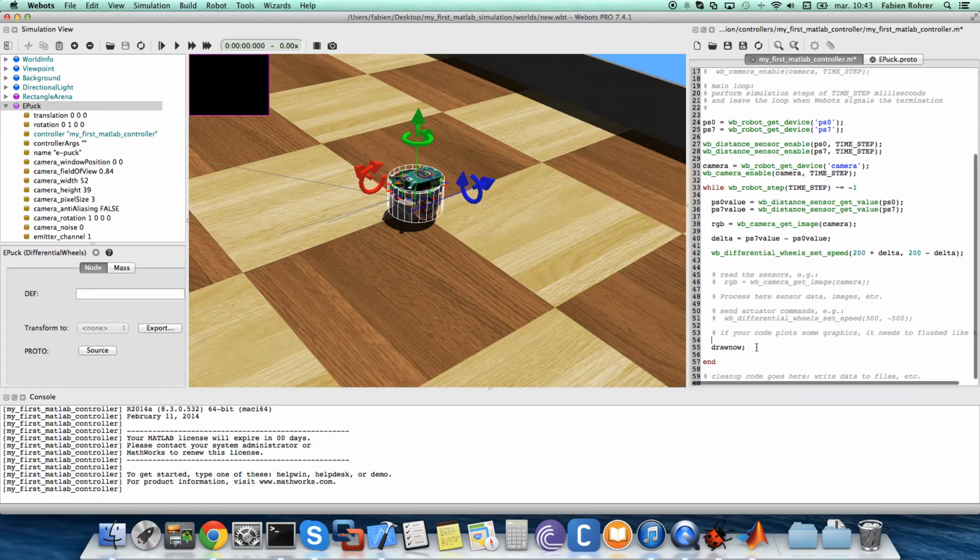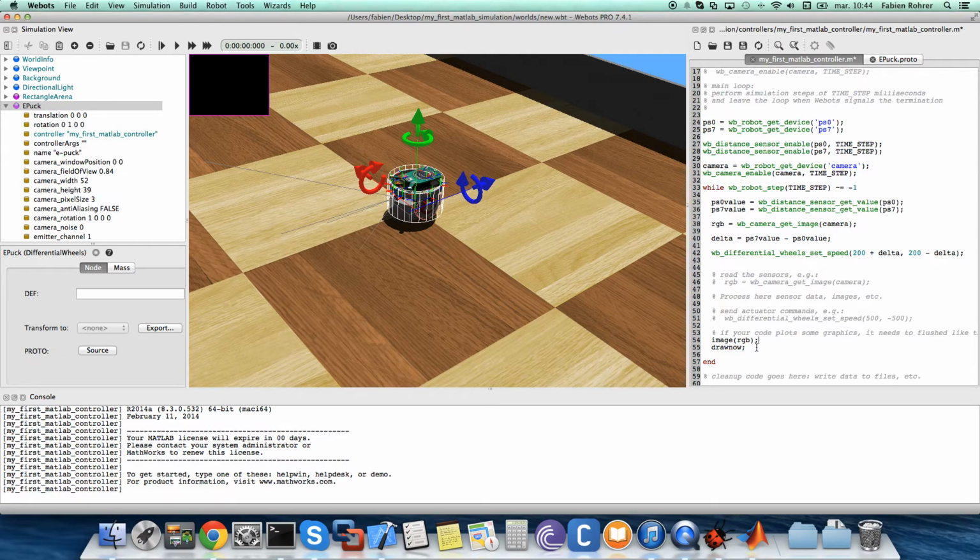So just before that, I can use all the standard plot functions of MATLAB, plot, subplot, and so on. And here I'm interested in using the image function of MATLAB, which will display the three-dimensional array of the camera sensor